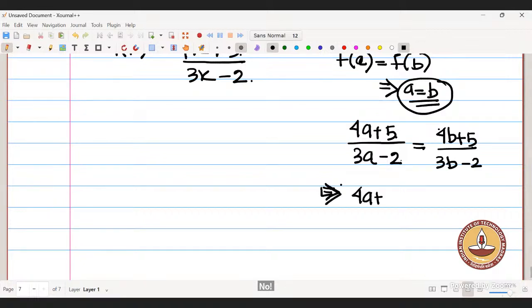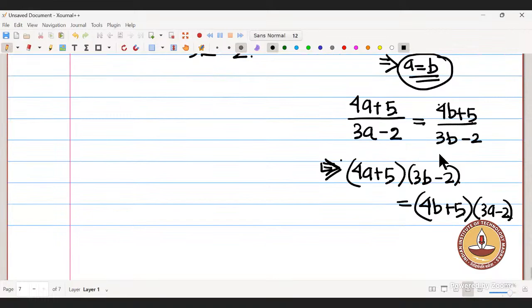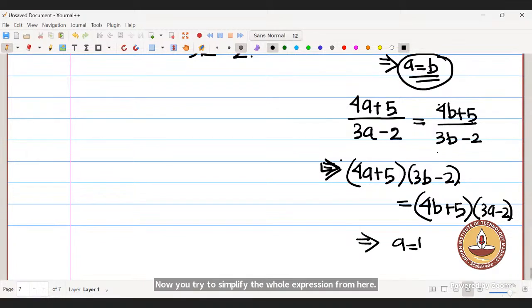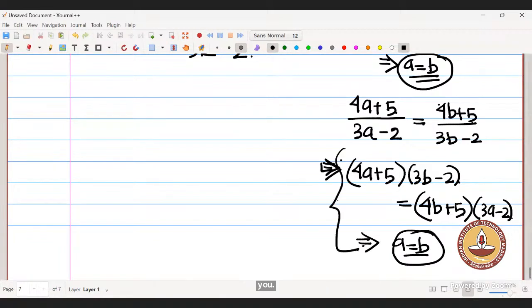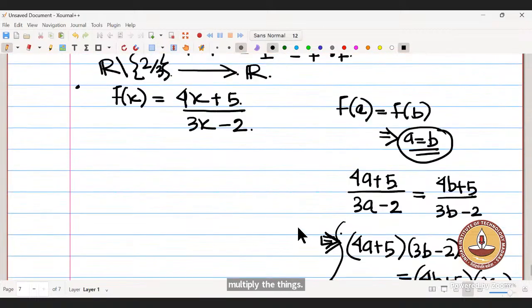So what you do is try to cross multiply. Now you try to simplify the whole expression. From here you can get a equals b. You multiply and you can cancel it out. You try to do it, it's not difficult, you just need to multiply the terms. So this function is 1-1. To find the inverse, what I need to do is find a function